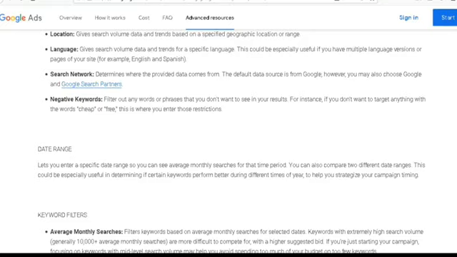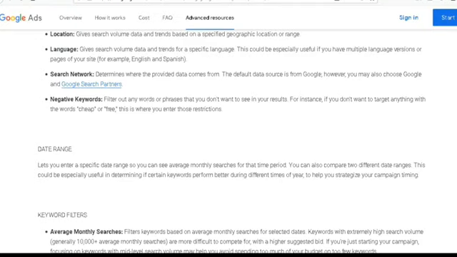You can also compare two different date ranges. This could be especially useful in determining if certain keywords perform better during different times of year to help you strategize your campaign timing.